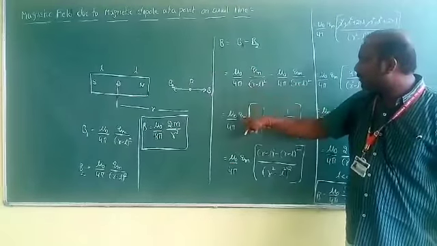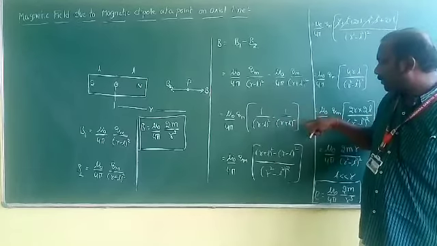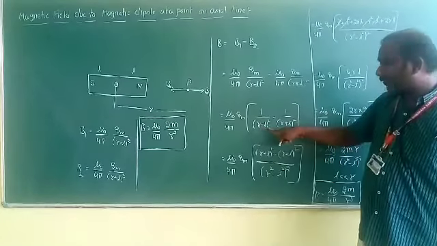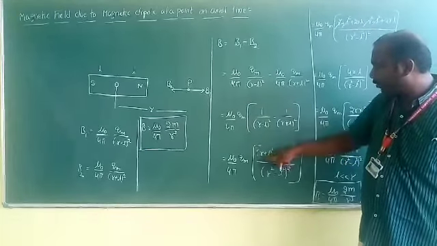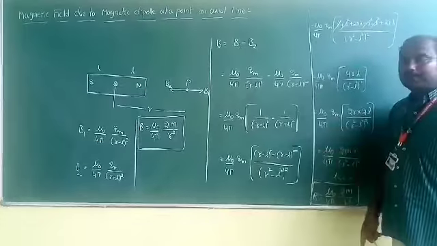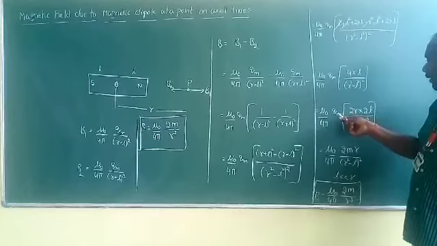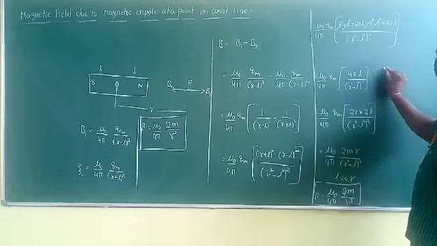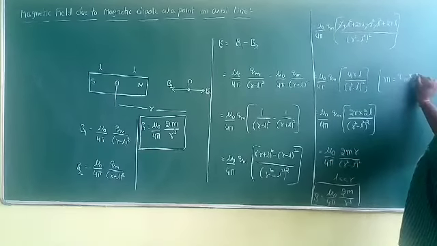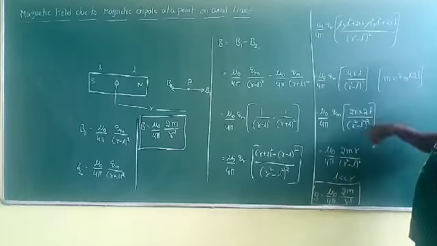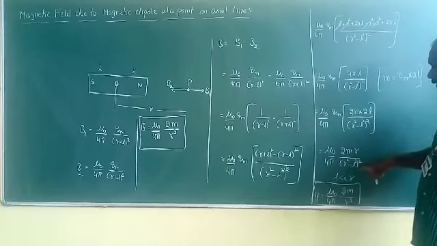Later, the common terms I am taking out, here it will be 1 by (r minus L) whole square minus 1 by (r plus L) whole square, and here (a plus b) whole square, (a minus b) whole square, a square minus b square whole square. Then these terms will go to the numerator, and finally these few terms will be cancelled. Now here 4RL I can write as 2R into 2L, then Qm into 2L. You already know this equation. Magnetic dipole moment is nothing but Qm into 2L, and I can substitute this, and finally I got mu naught by 4 pi into 2M r by (r square minus L square) whole square.